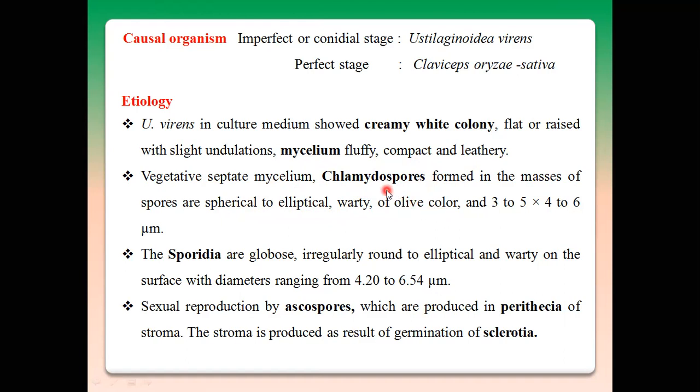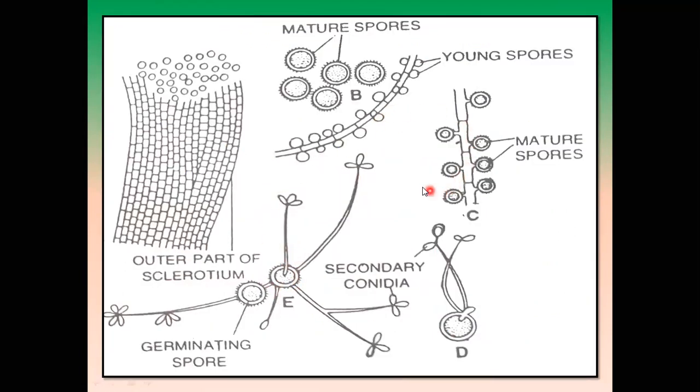Okay, these chlamydospores germinate under favorable conditions and develop spores, and these spores are known as sporidia. So these sporidia generally infect the healthy spikelets in a panicle of the rice plant. Okay,